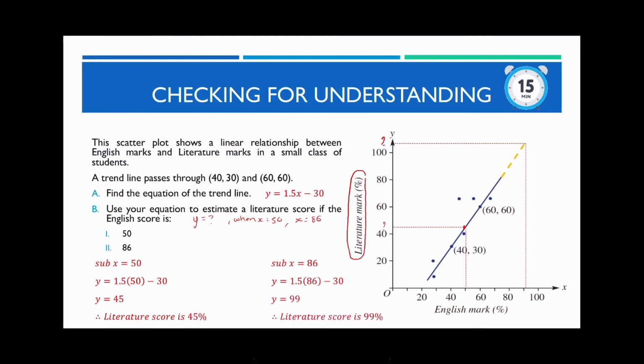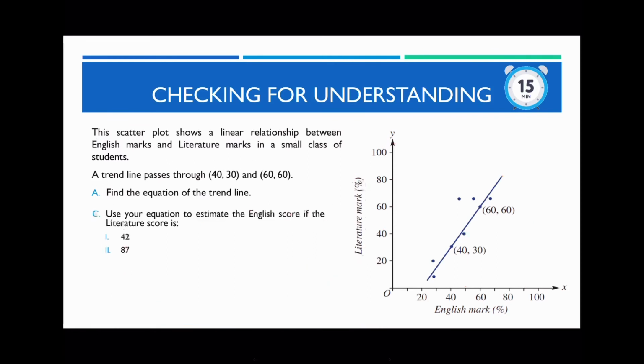Now, it's really critical that you write worded statements in this case, because you haven't really defined what your x and y variables are. That's why you have to say, since y corresponds to the literacy mark, literacy score is 45%, and it's very critical that you include the units when applicable or provided. Now that we've answered part B, we can then answer part C, which involves